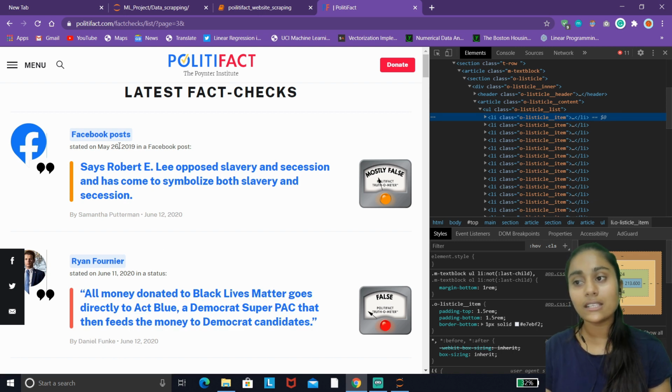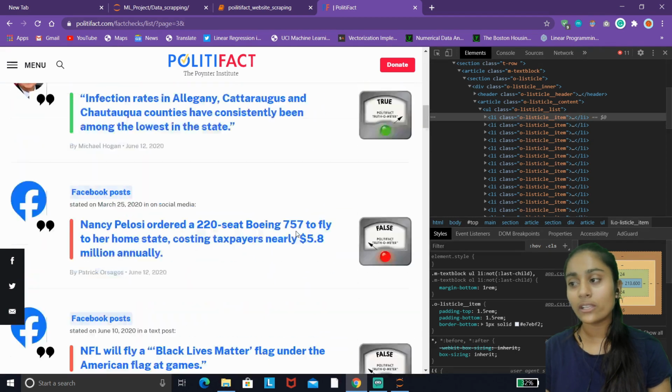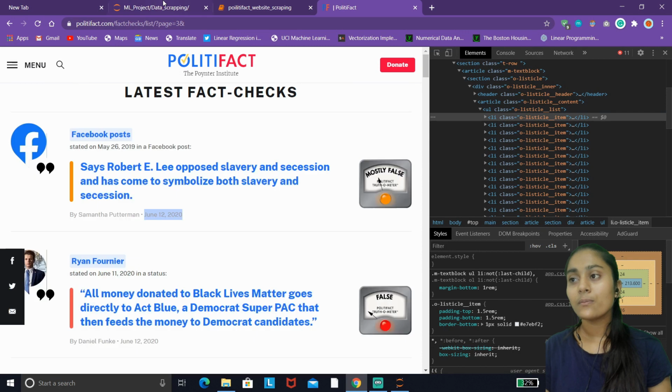Third is date, only up to this point, and the fourth attribute is to extract the source of this news article. The fifth attribute is to extract the text of this image, that is the label of this news article, what it signifies: whether it is true news, false, or mostly false. There are 5 or 6 labels specified on this website that I want to extract from this image. So how to do that?